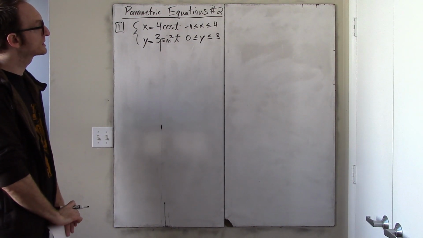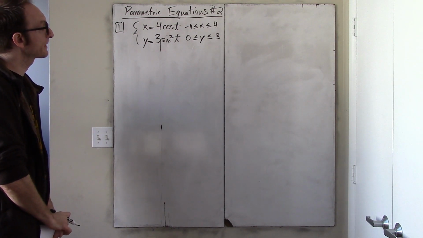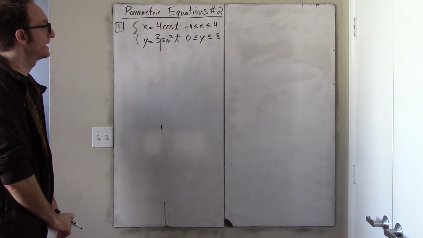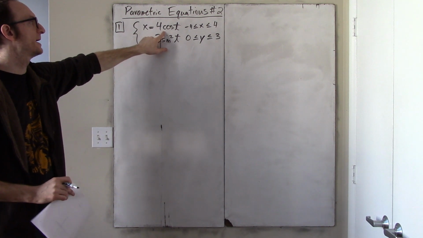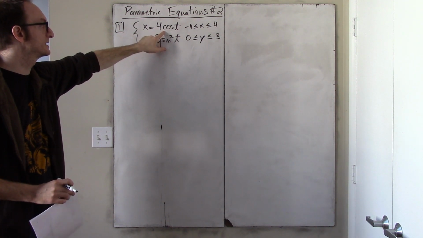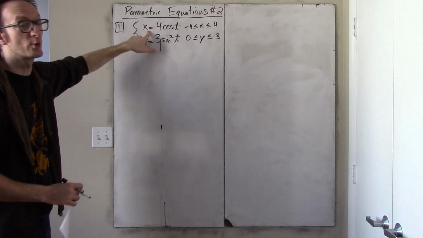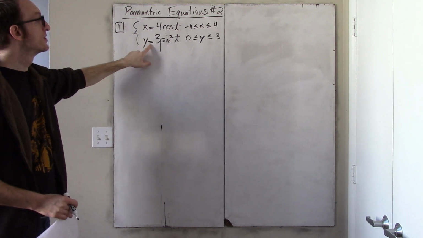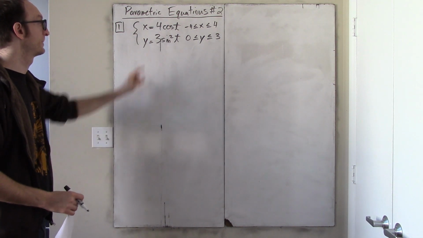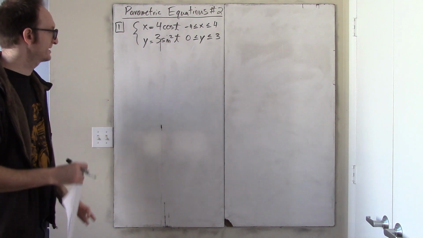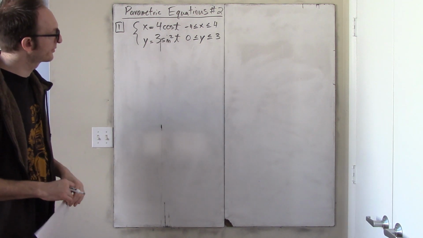And of course, this curve is periodic, because the x equation is periodic. In other words, the x coordinate repeats every 2 pi. The y coordinate repeats every pi. And in fact, maybe this is just a good time to throw this out there,